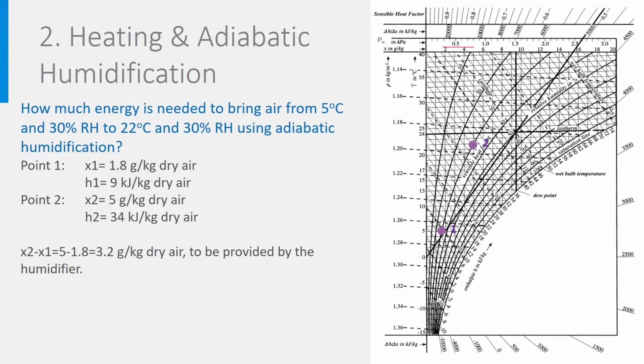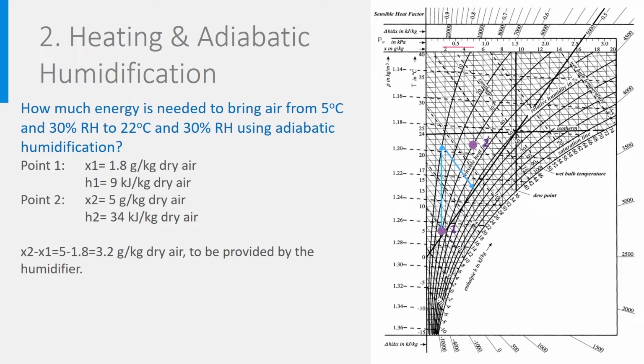But how does the process look like? Can you go in straight line from 1 to 2? Well, for sure not. It would represent nothing real. Let's do it correctly. The air must first be heated from 5 to 22. We have learned that it goes like that and will cost 17 kJ per kilogram heat. Adiabatic humidification follows a process along the constant wet bulb temperature lines, which have quite the same slope as the enthalpy lines. It goes therefore like that.